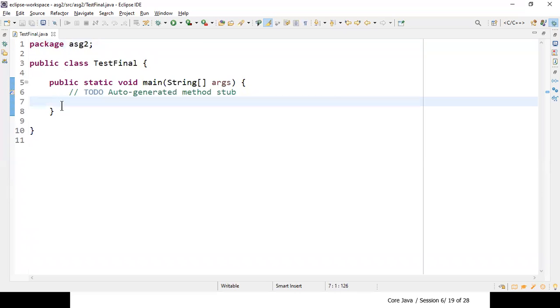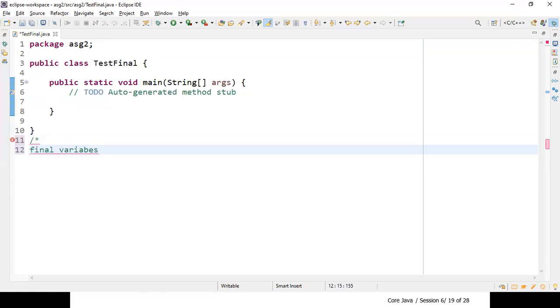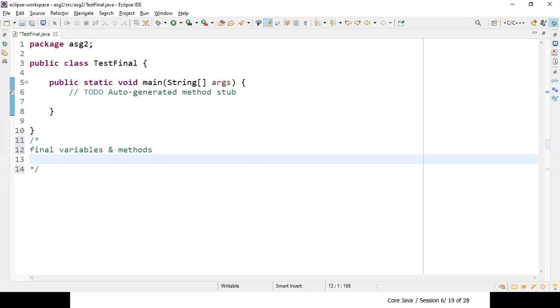Remember again, we have final variables and we also have final methods. Methods are there as well as variables. So what does final say?